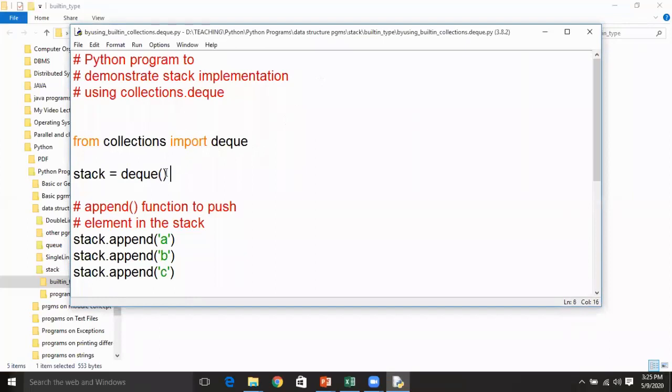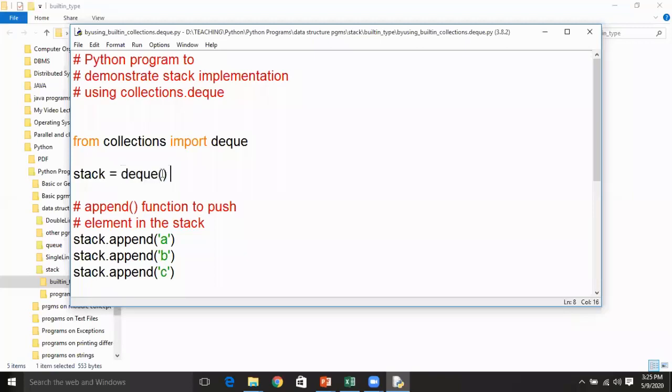Now you are creating an object, a reference variable, and here the reference variable for this stack is represented as stack. You are calling a constructor defined in the deque class, like an init special method.